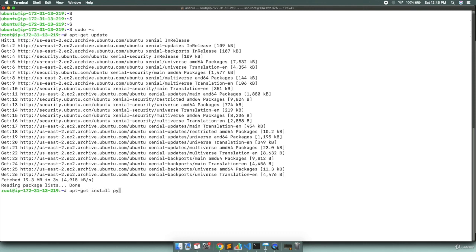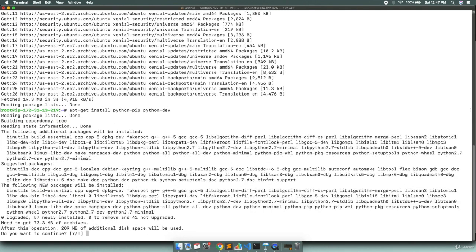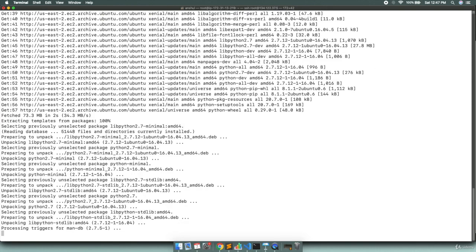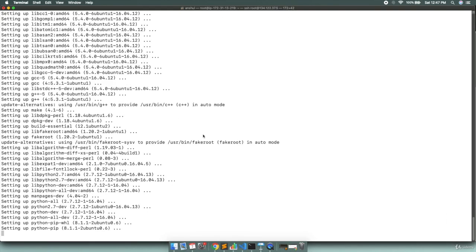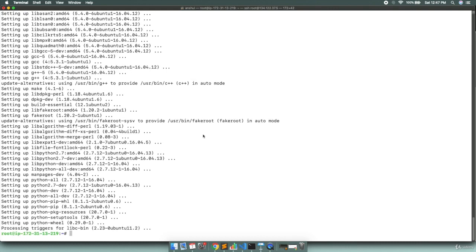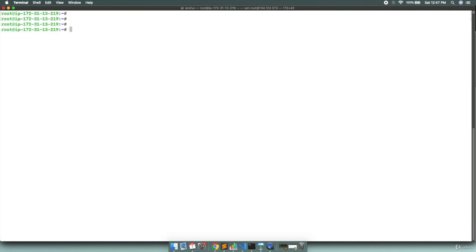We will execute python pip, and we will execute install python-dev. Hit enter, provide your confirmation. It will install the Python dev and Python pip on your machine. It will take some time, so we have to wait. The installation is done. We will clear out the console, and now we will install the AWS CLI with the